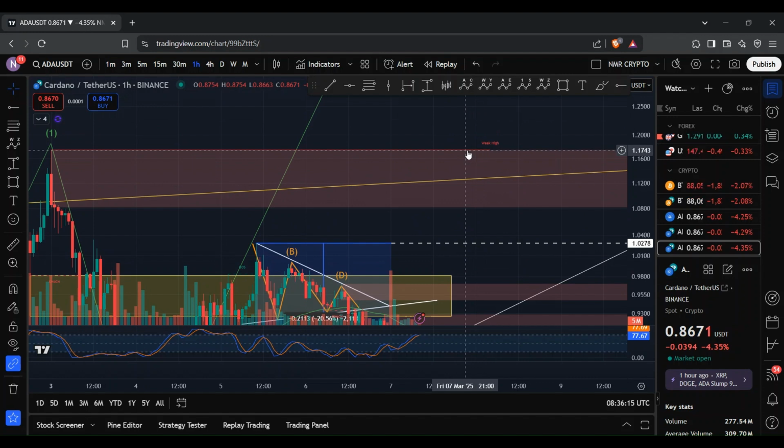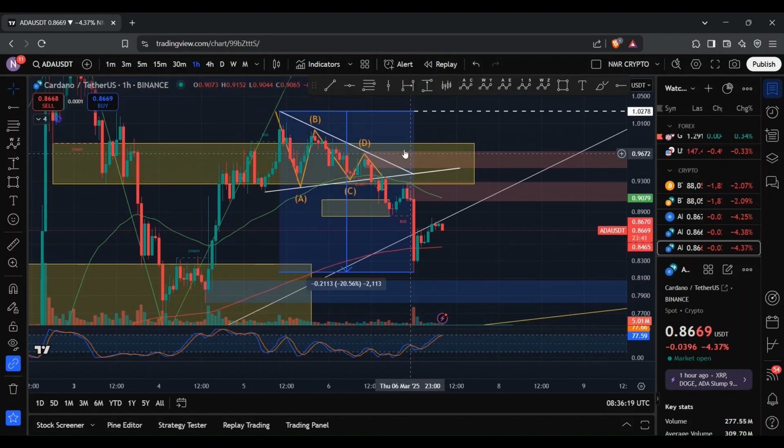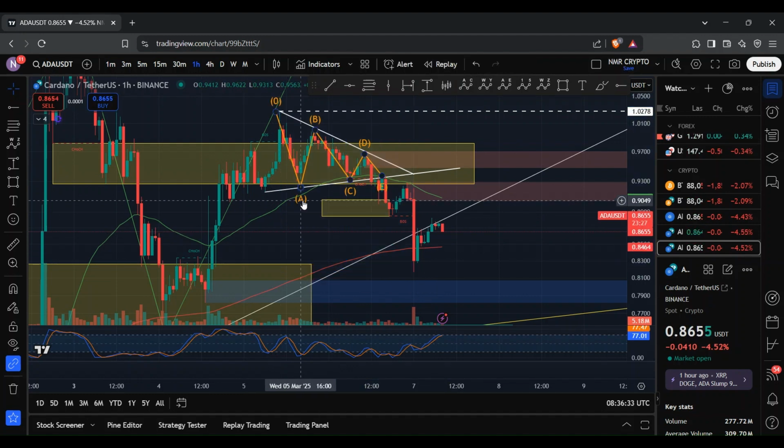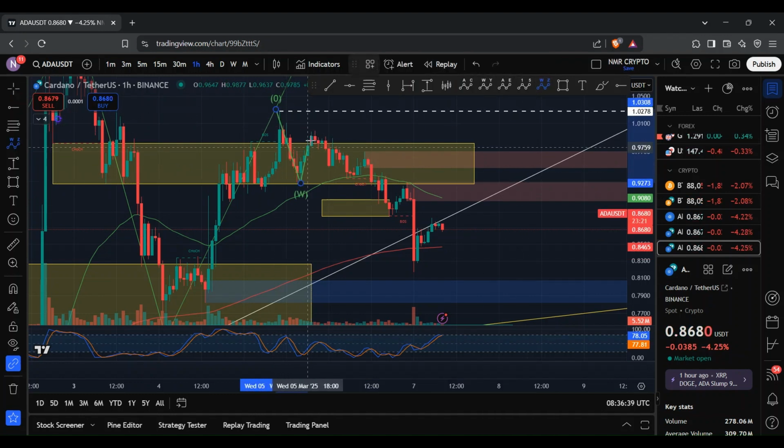Now, instead, the former ended up playing out, and here we ended up having a corrective move to the downside. However, rather than having a WXY structure form, instead we had a WXYXZ structure form. And so what I'll do is clear the chart and break down the wave structures. So what we had was a WXYXZ